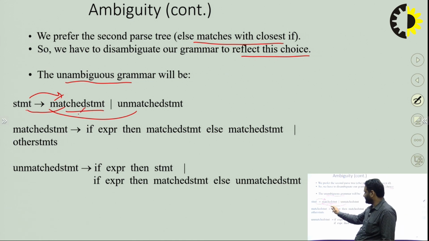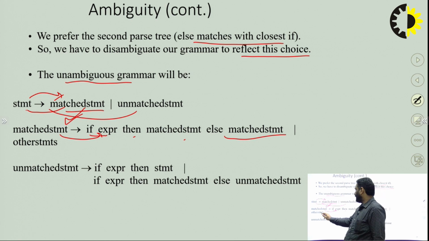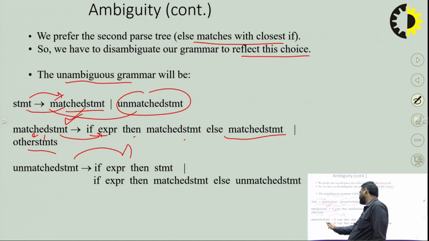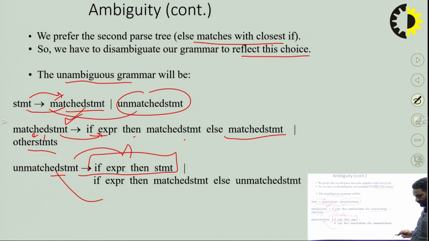And matched statement derives if expression then matched statement else matched statement. And second, matched statement gives other statement. The second non-terminal has two productions. The first is unmatched statement gives if expression then statement, and the second is if expression then matched statement else unmatched statement. So this will clearly